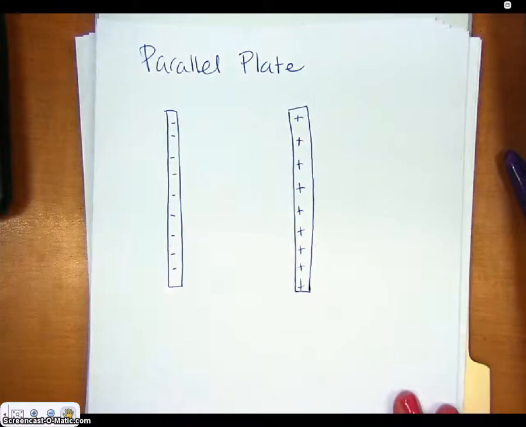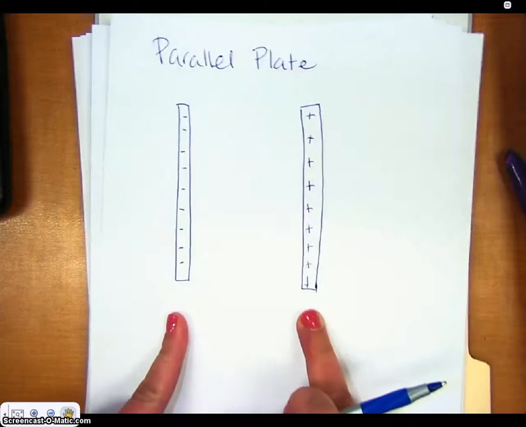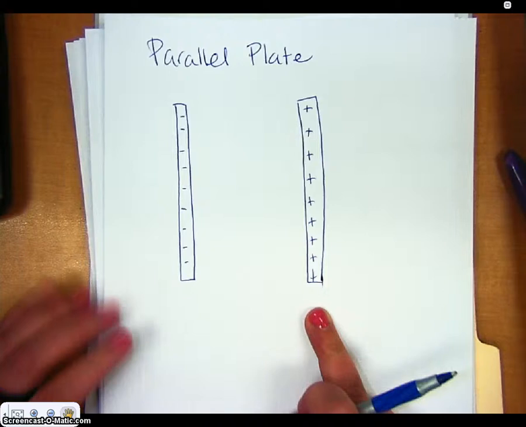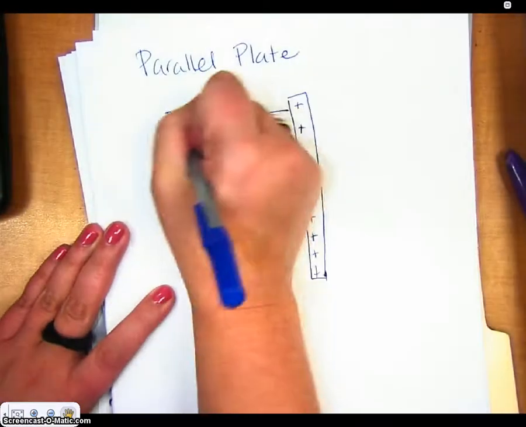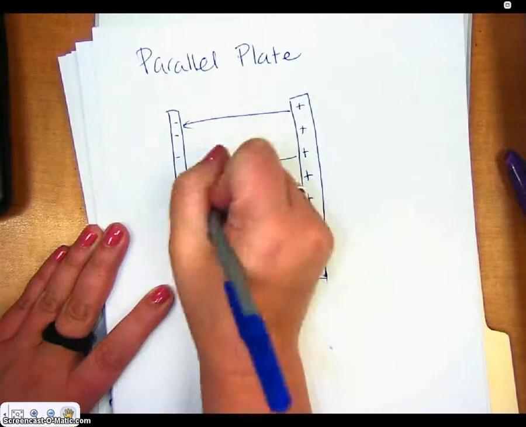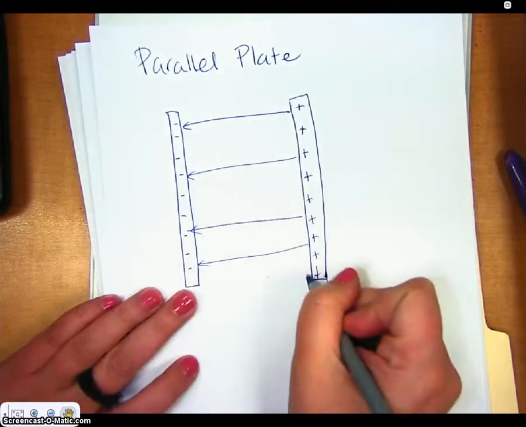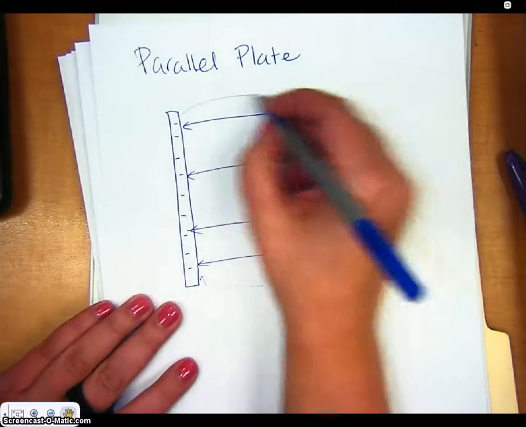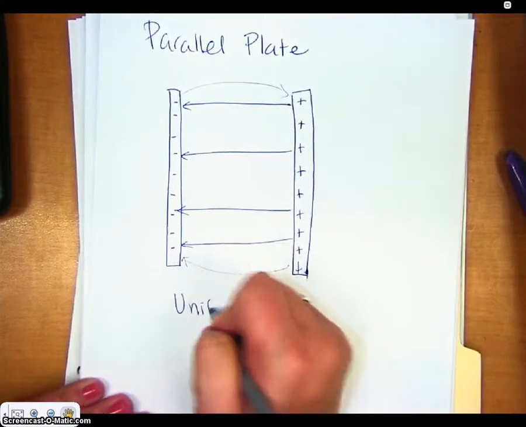And this is what I had you do in the Charges and Fields lab. I made you have a big column of negative and a big column of positive charges, and you could sort of see the uniform field that arose in between the two plates. So the direction here would be to the left, and you'd end up with all of these parallel lines. Now towards the edge, you'd start to get some weird things happening because of the open space here. But right in between the plates, you have what is a uniform